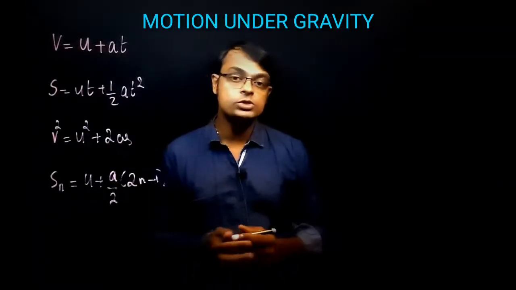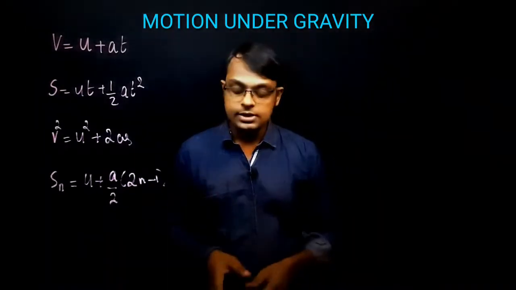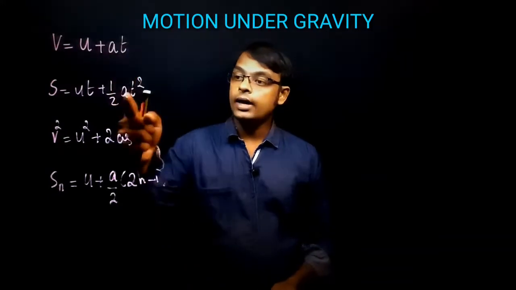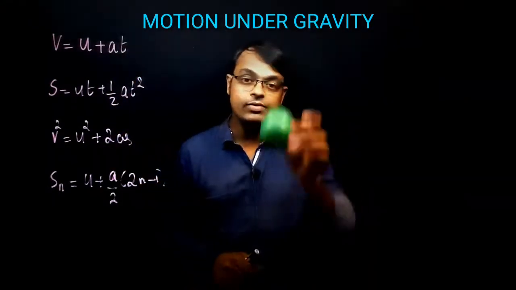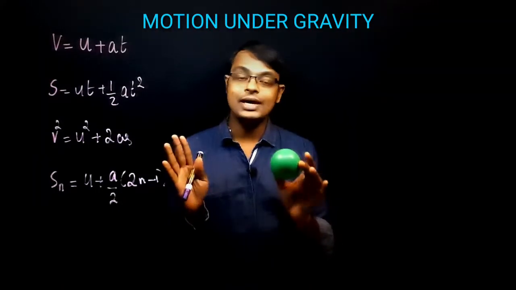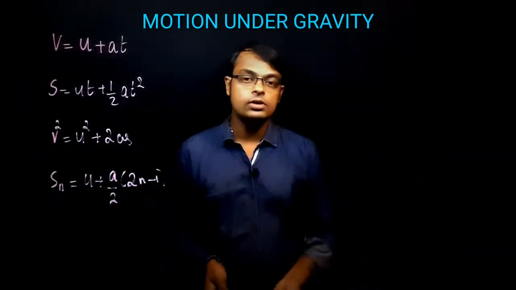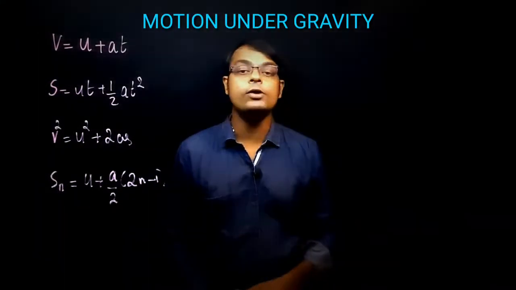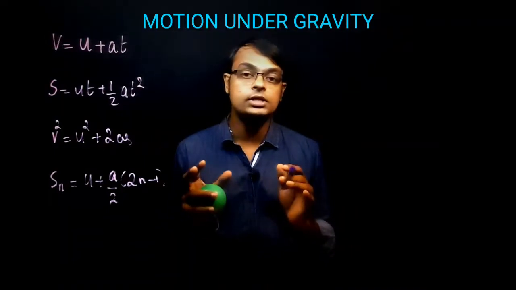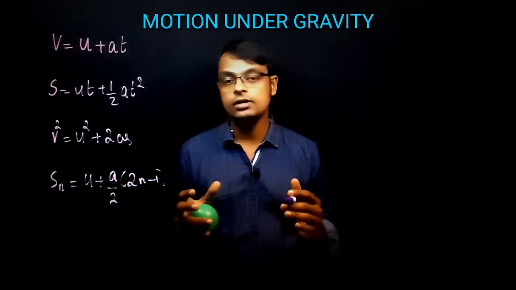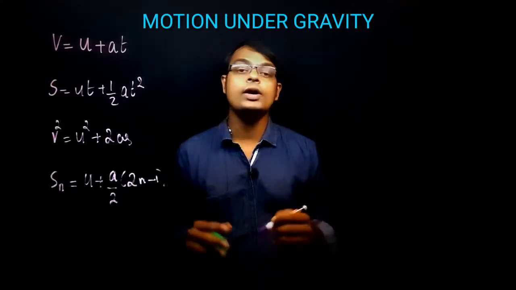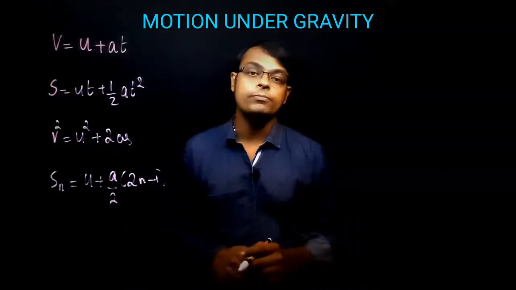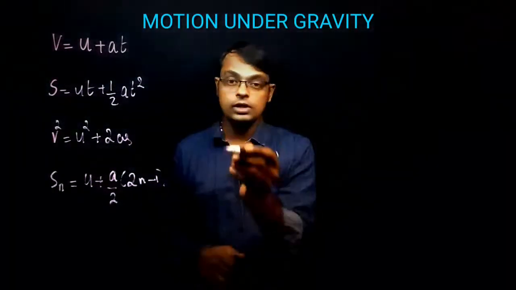Now the same equations of motion for uniformly accelerated motion apply in the vertical motion under gravity. What will happen there? All the acceleration terms become the g value. Now for the sign convention we are using: when you are throwing upward or while it is being released, g is always acting vertically downward. So we are taking g as always negative. So what is the sign convention? We are taking the g value as always negative. So what do the equations of motion become? The equations of motion in vertical motion become